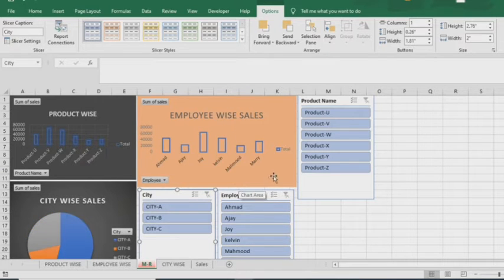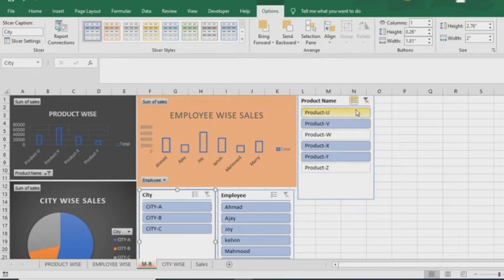Similarly, if I want to select multiple, like if I want to see only U and Y products, I can go here to multi-selection. If I select this, then I can select multiple products like W and Z. These two I want to see only. Unselect, this works the opposite way.